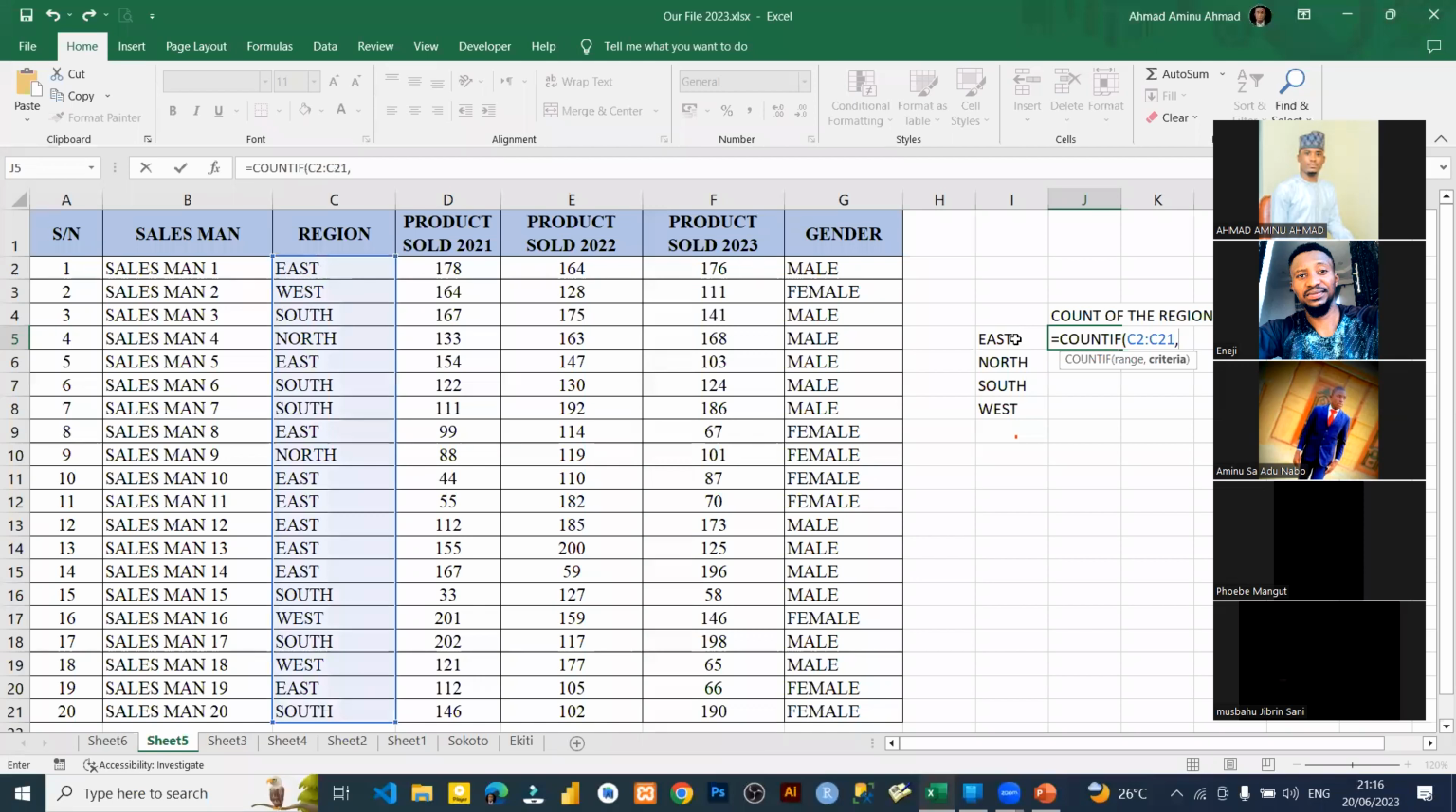I'm just going to select the criteria. This is the criteria, but I will lock this cell, because if I drag it, it will just do all the work for me. So let me just drag it. So now if you look at this